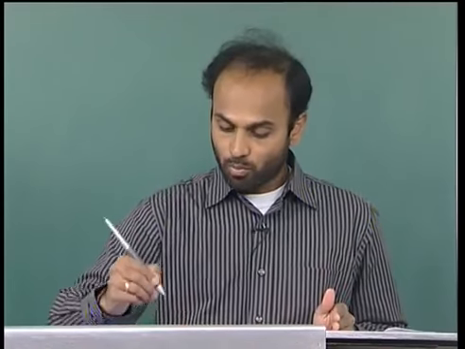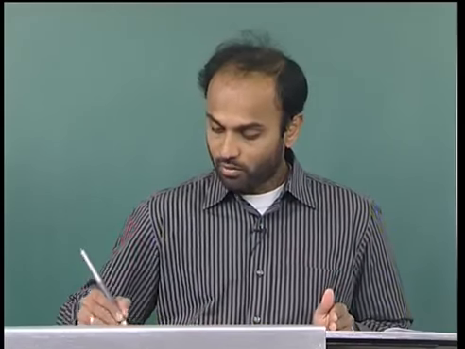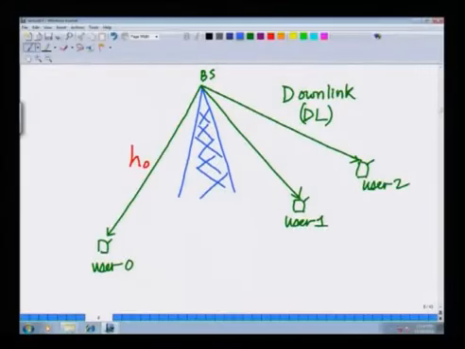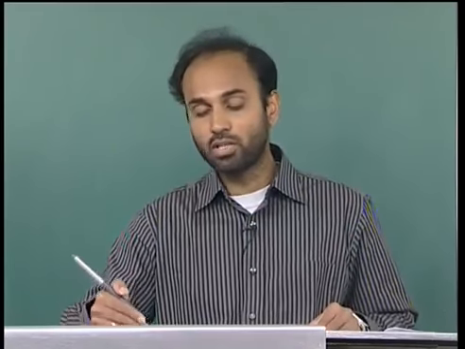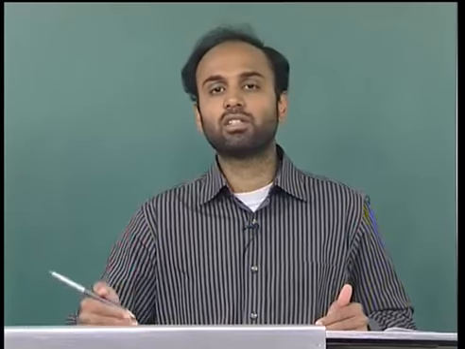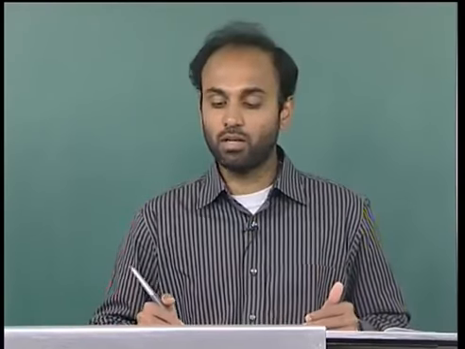Remember, let me just point out where we started from. We started from this scenario here, where there is a base station. The base station is multiplying the signal corresponding to each user, S0 with code 0, S1 with code 1, and so on and so forth, Sk with code k, combining this and transmitting that aggregate signal on the downlink, and then we started looking at how do you process the received signal at user 0, who is the desired user 0, no particular favor to user 0, it is just that as an example we considered user 0 as the desired user, and we can similarly repeat it at each other user, the expression is going to be symmetrical. And finally,